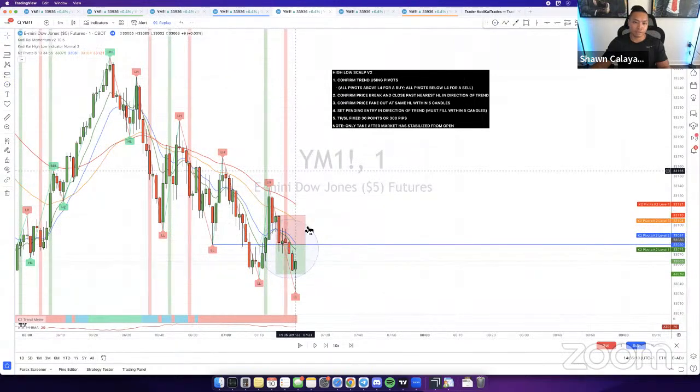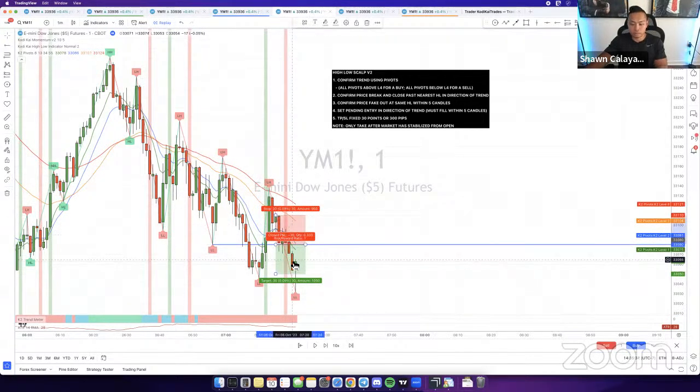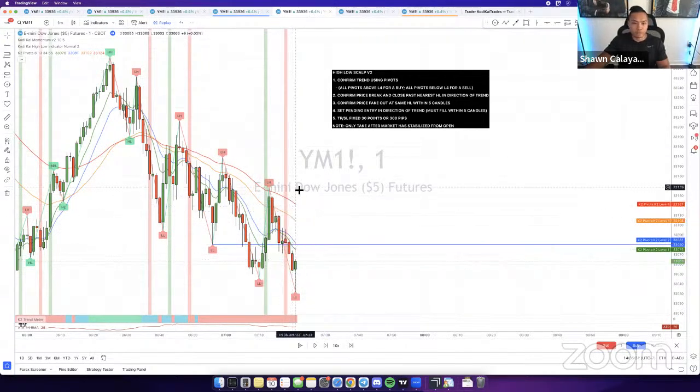the high low scalp V2. It's a little complicated, but once you look at the setup here, it's really not that difficult. It's actually a lot easier. In a sense, what we did here was instead of getting caught in fake outs, we would have just waited for the fake out and then entered on the correction back down. It's pretty straightforward. If there's any questions, guys, feel free to put them in the chat.